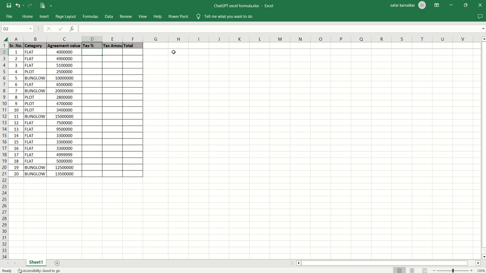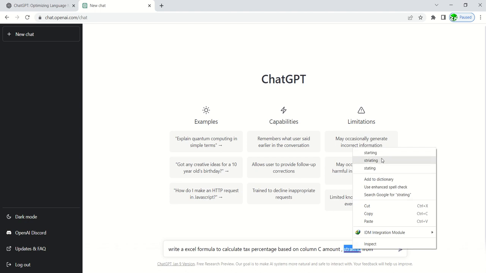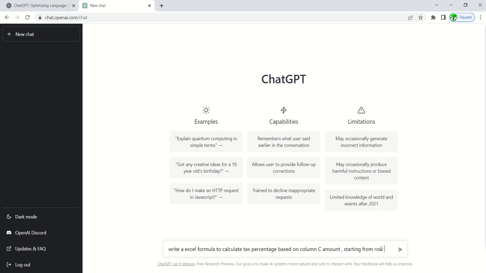So let's start one by one. First, to calculate the tax percentage only. So I'll go to ChatGPT. I write here, write an Excel formula to calculate tax percentage based on column C amount, starting from row number 2. Starting from row 2, if amount is less than 50 lakh,